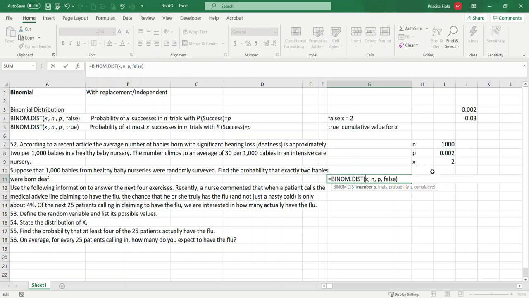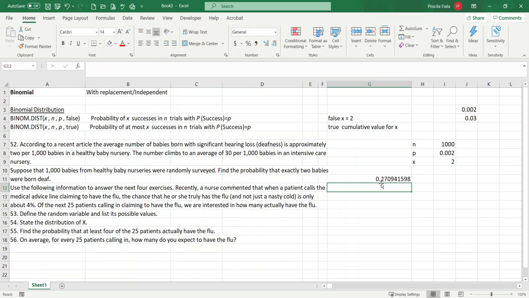Okay, so binomial distribution. My x is over here, right? 2, or just select. My n is 1,000, correct? From here. My p, my probability of this sample, is 0.002, and I want a false because I don't want a cumulative value. So if you do enter, here you go, your probability is going to be